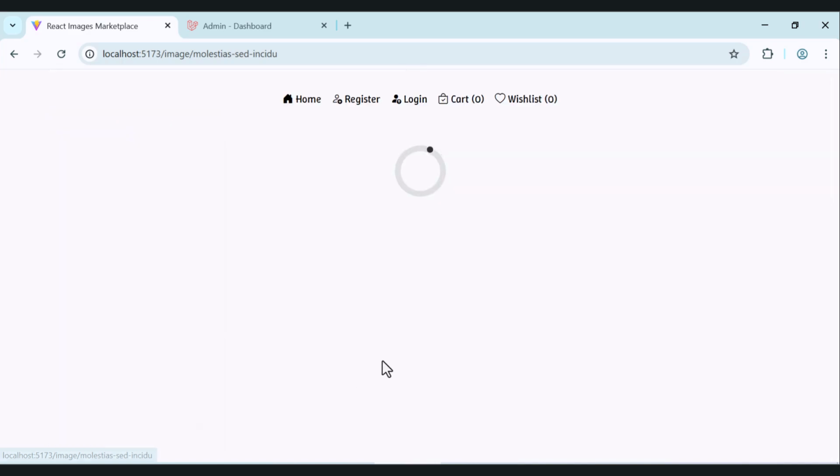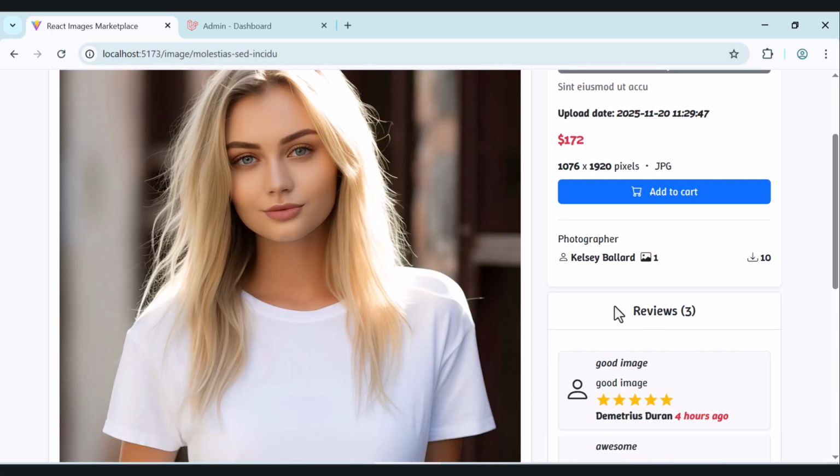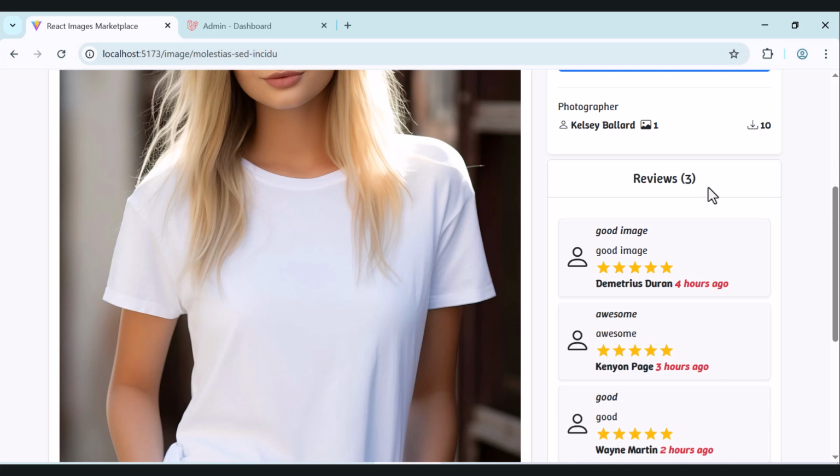So you can also view an image. Here we have the title, how many reviews, the average rating, category, description, upload date, we have the price, we have the size, we have also the extension, we can add it to our cart, we have the photographer, we have how many images the photographer has, also how many downloads this image has, and also the reviews, and